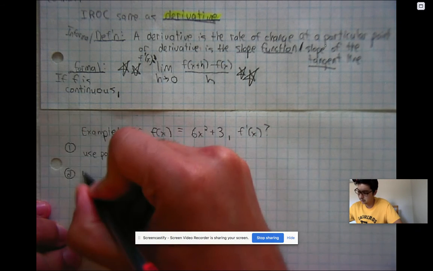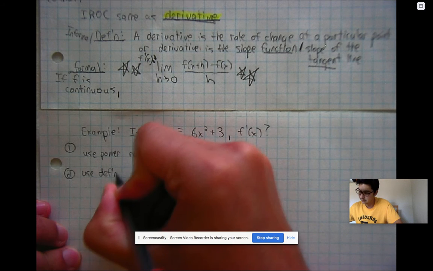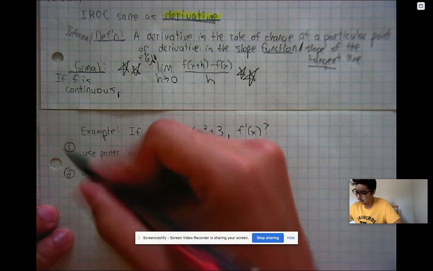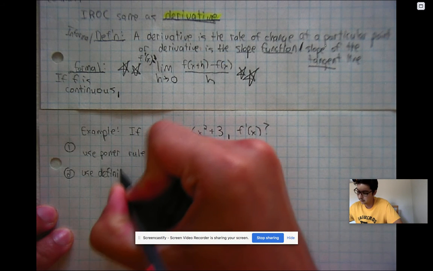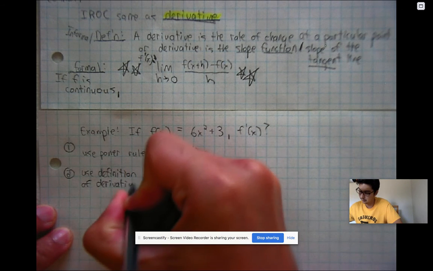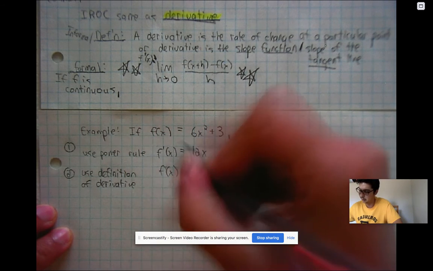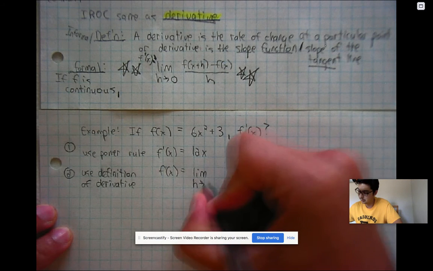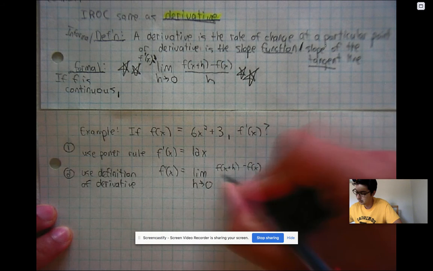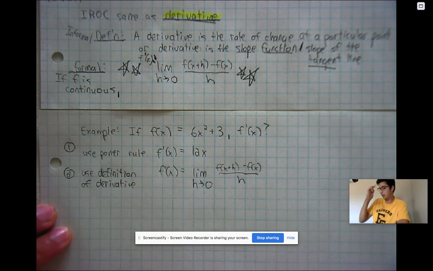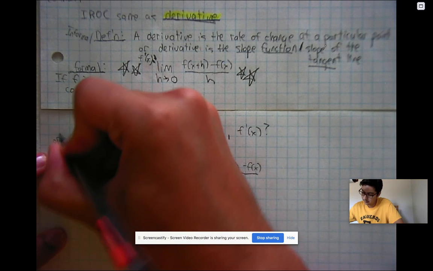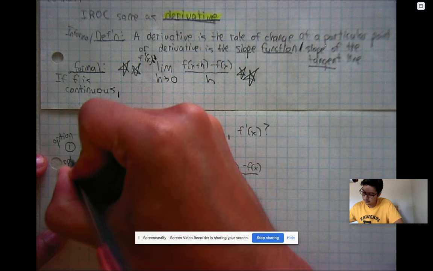Or you can use the definition. I'll just say use the definition of derivative, which again means we're going to do f prime of x is equal to the limit as h approaches 0 of f of x plus h minus f of x over h. Right. Now, one thing to know before I do this second method, so that's option 1 or option 2, right,